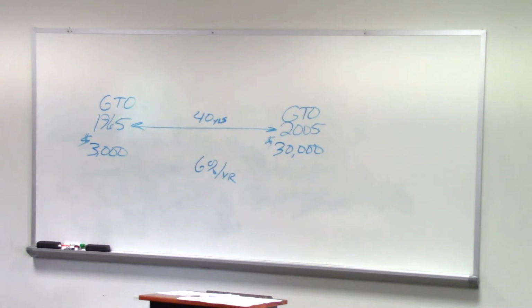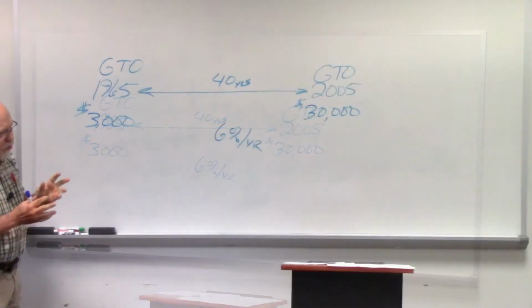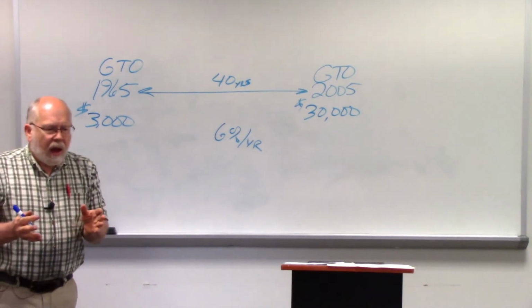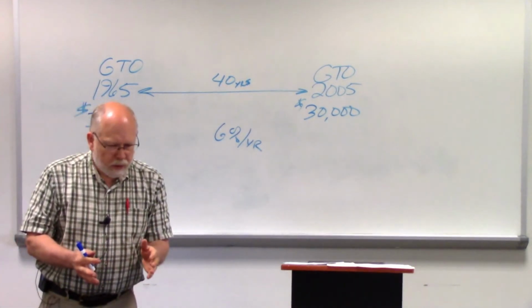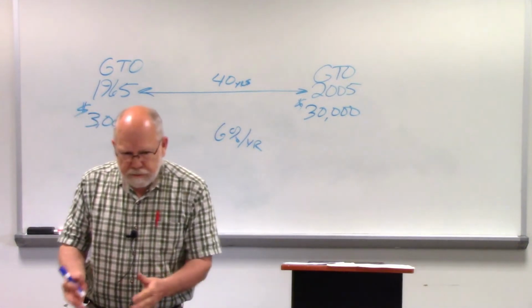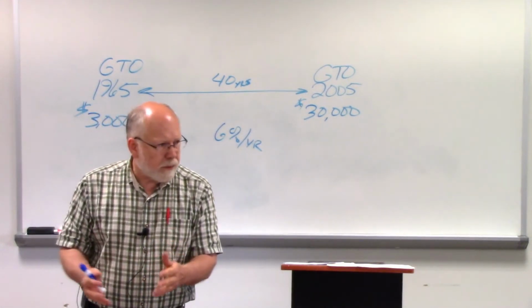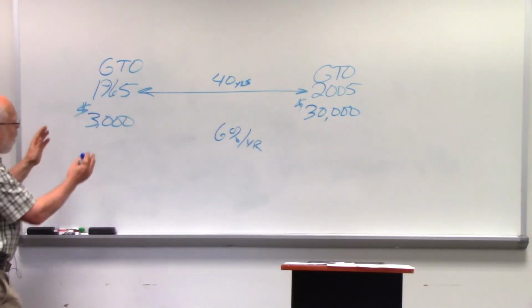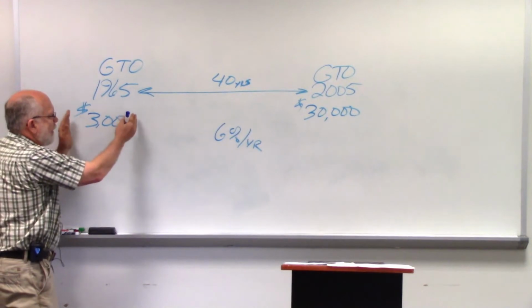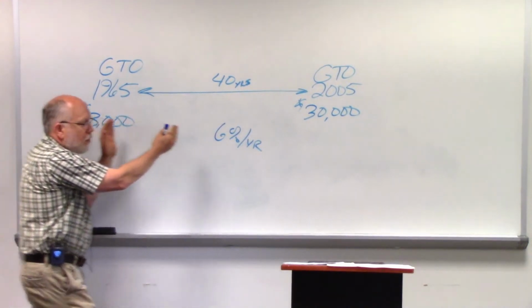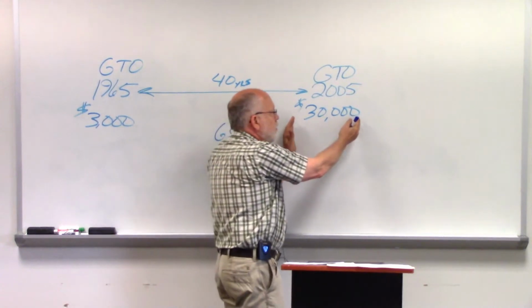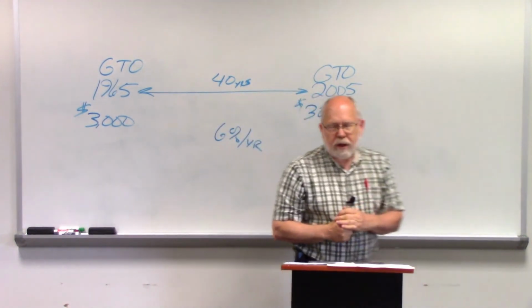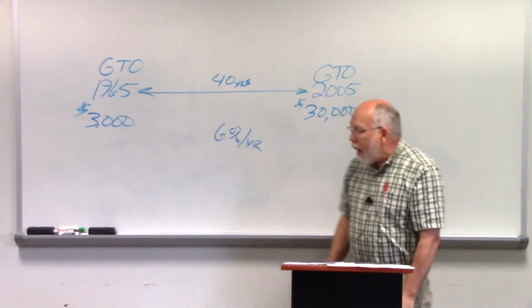Now, we could play this game back and forth, but I just wanted to give you a feel for that, because when we get to GDP and comparing how well our economy is doing, we say, well, how much new stuff did we produce and buy this year compared to last year? And if we just looked at the dollars, and we looked at all the stuff that people bought in 1965, and we compared that to all the stuff that people bought in the year 2005, 40 years later, if we just looked at the raw numbers, we'd say, wow,